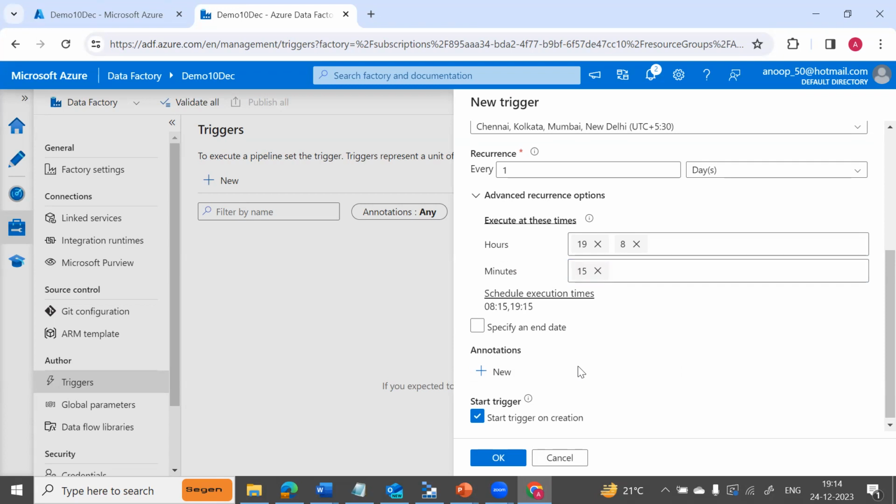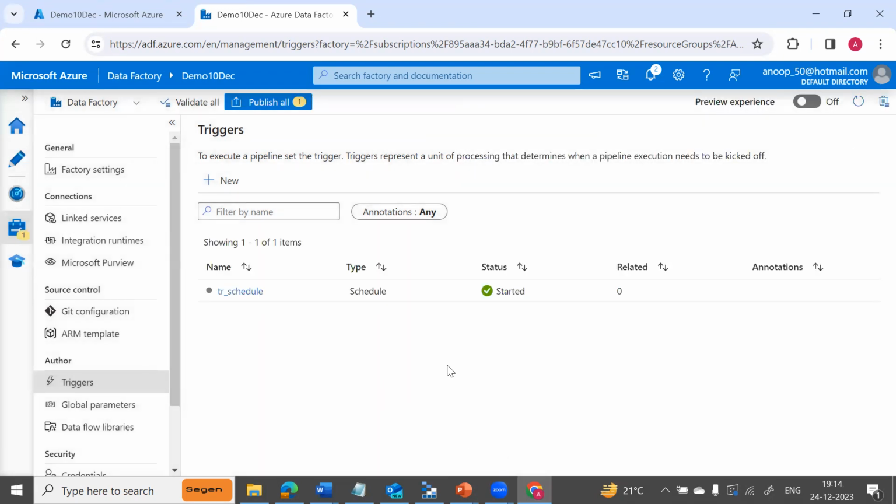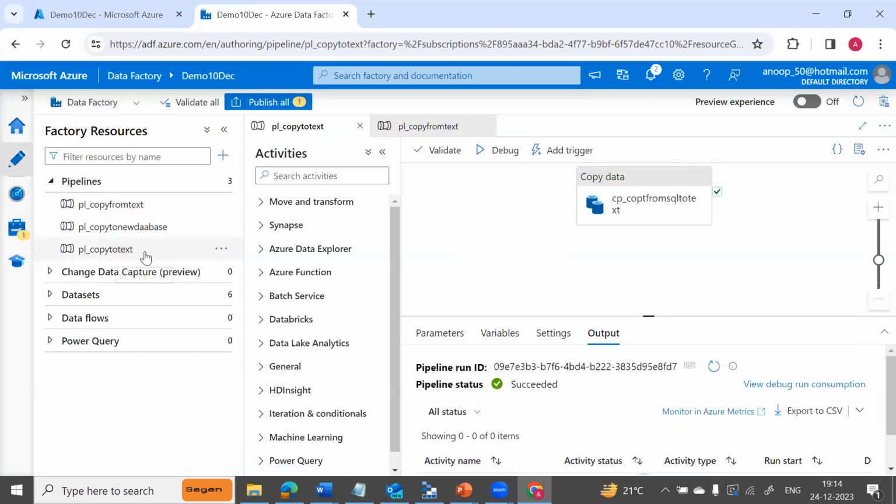Okay. So let me show you. Great. So the trigger is created and started. Now we need to attach it to the pipeline. So let's go back to our pipeline author, and this is our pipeline. This is what we had. So right now I have no trigger attached to this pipeline. So I'll click add and